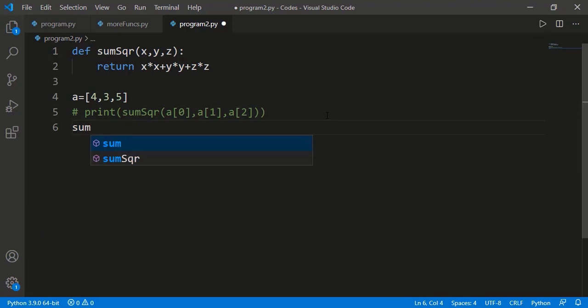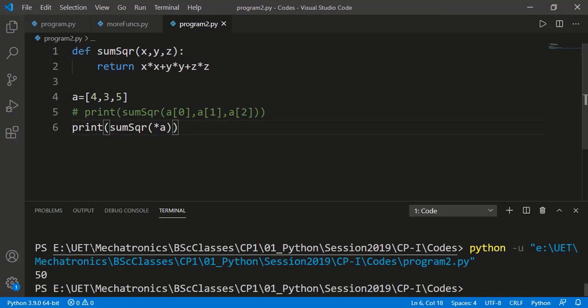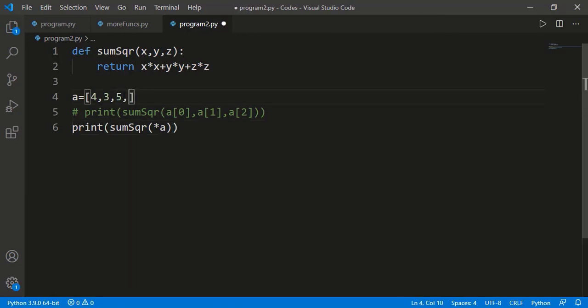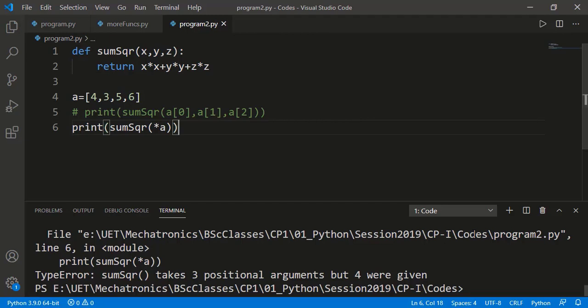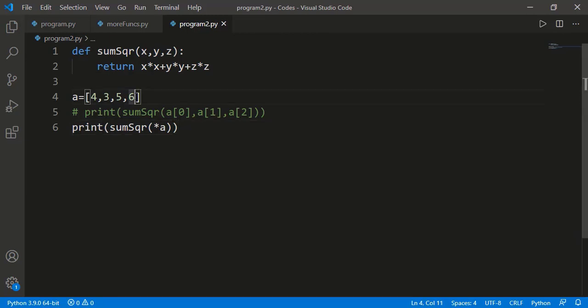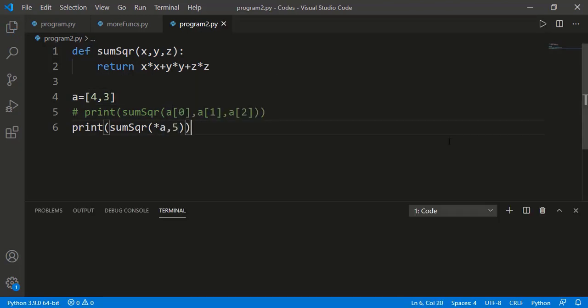But a much better approach will be unpacking the list, which will give 3 values from the list. But of course, if I have 4 values in the list, this will generate an error since the function takes only 3 arguments. If there are 2 values in the list, asterisk A will give the 2 values and I can provide some third value manually here.